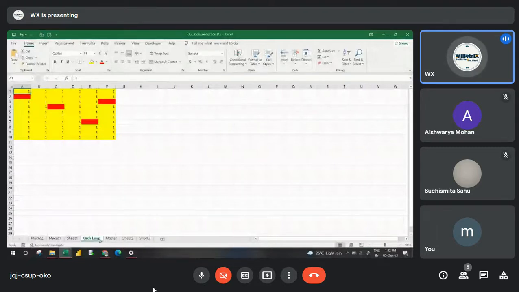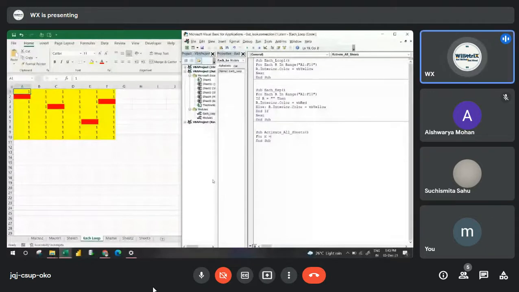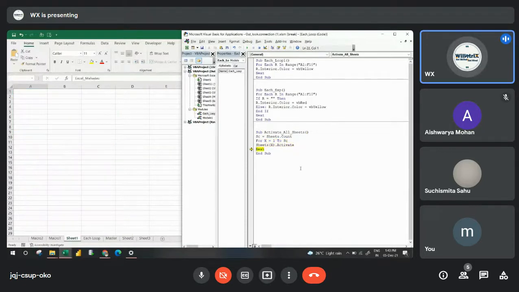Normally, you will do For x equals 1 to SC, where SC is a variable, Sheets.Count. Sheets.Count will give you the total sheets. Then Sheets(x).Activate. So the sheet count helps us get how many worksheets we have, then it will activate one by one.